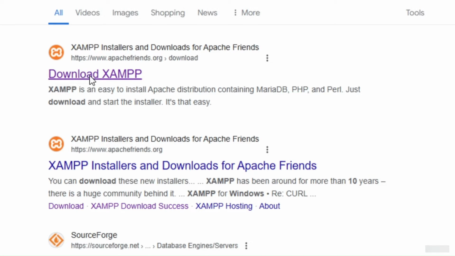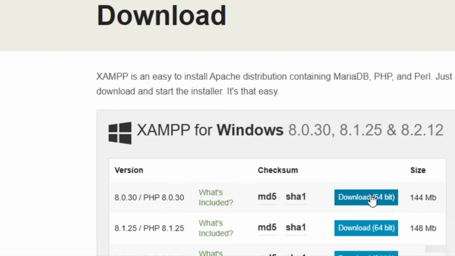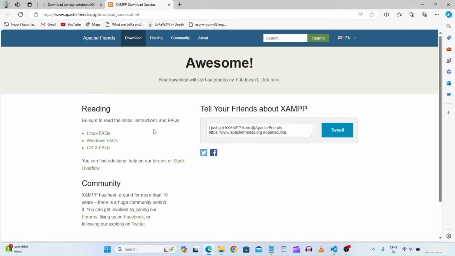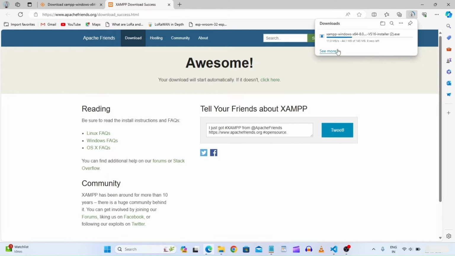So first download XAMPP, and here the very first link, just click on this, and after you click this, your download will start automatically within a second. If it doesn't start, then you have to click on this click here button. But as you can see here, the download has been started, and when it gets downloaded, you